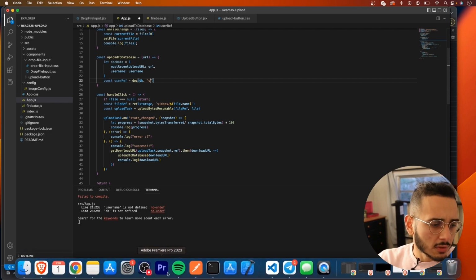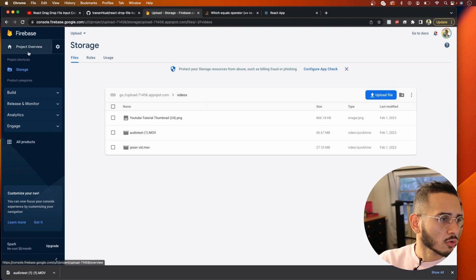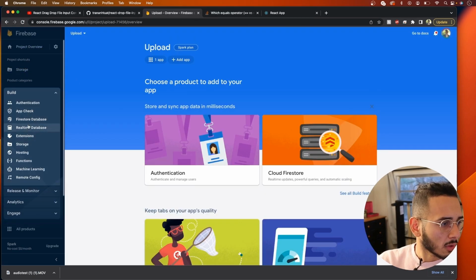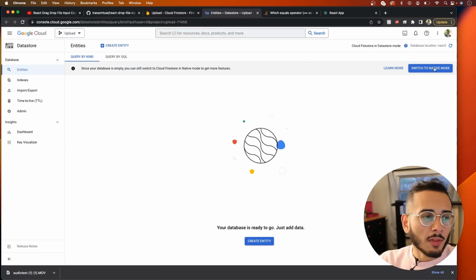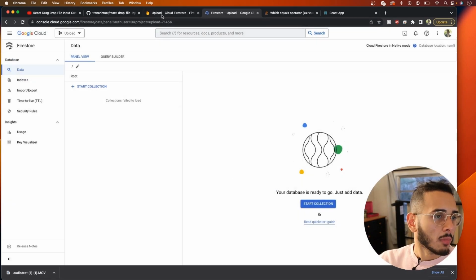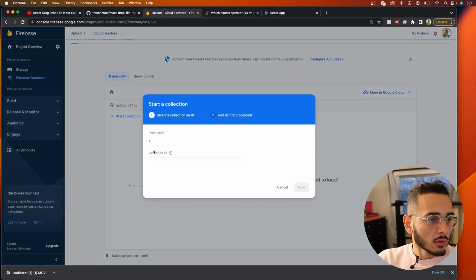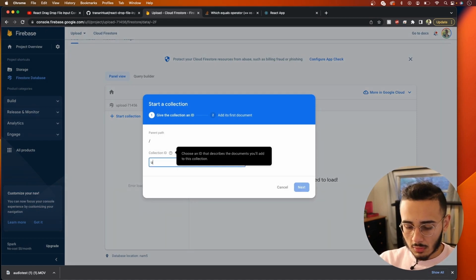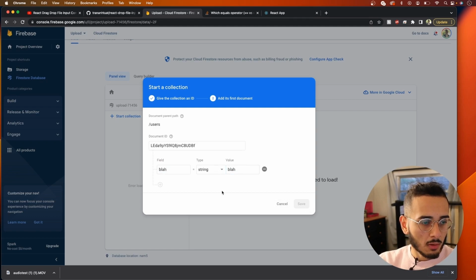name of the collection. So the way Firestore works, we actually need to build it too. Do Firestore database. Oh, it set it up automatically here. If that happens, you can just click switch to native, switch modes, and I believe now if we go here, it should show up here. There we go. So what this should do is let's create a collection called users, and we're gonna